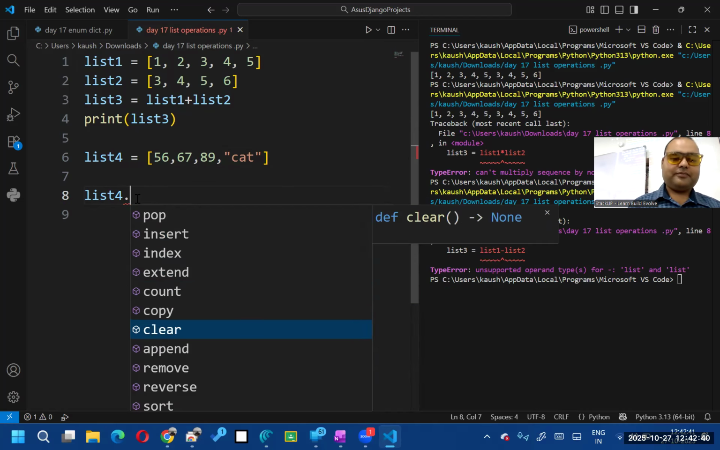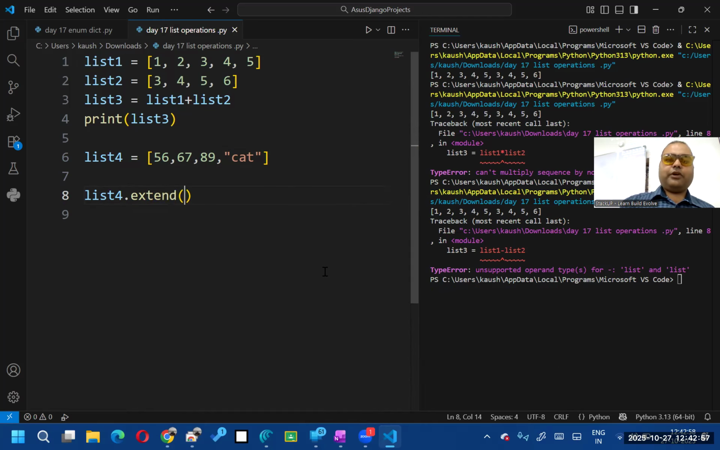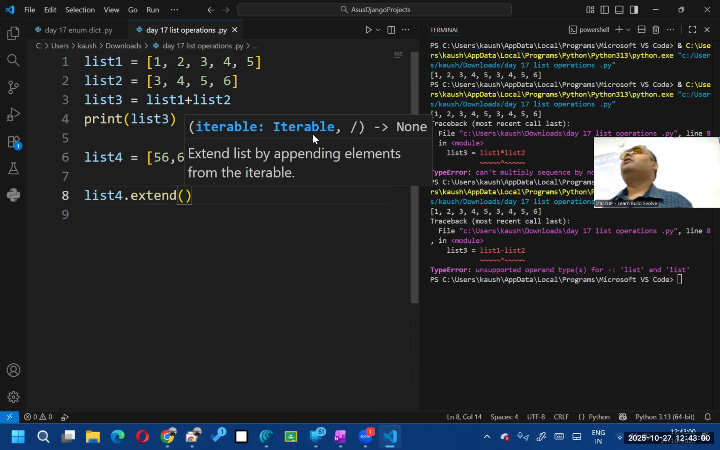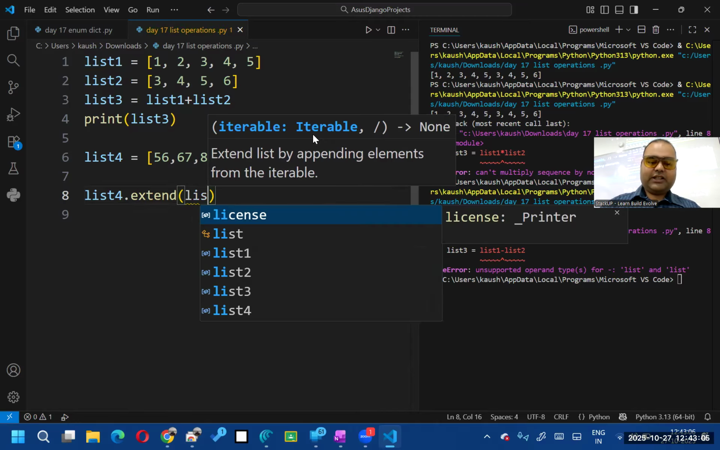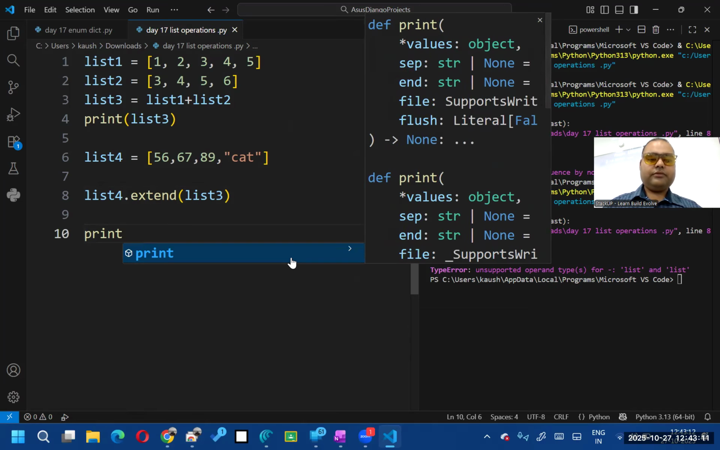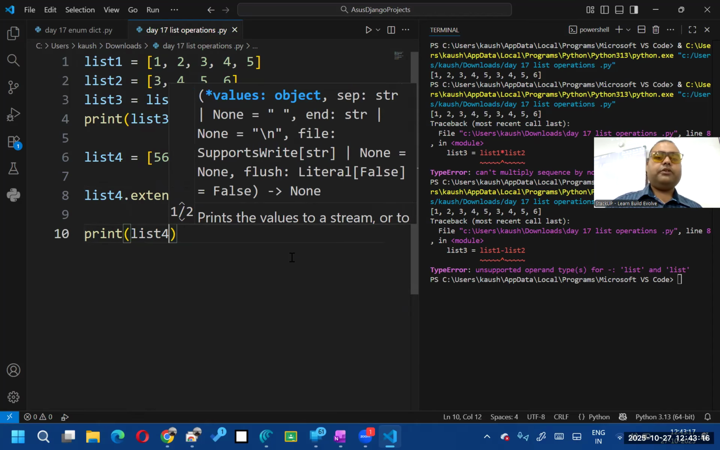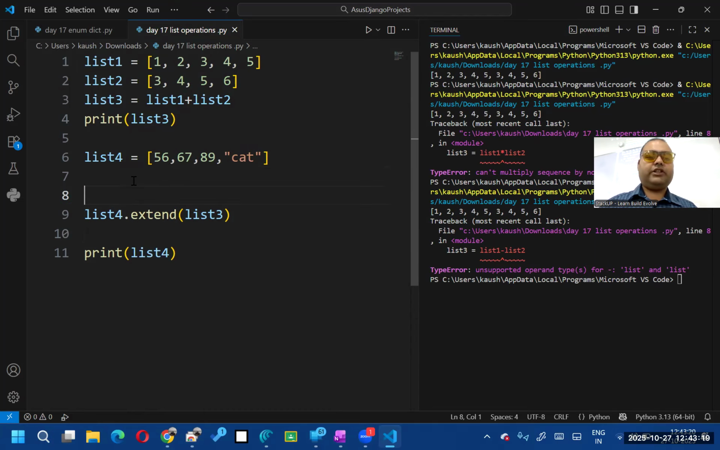Now let's go to extend. We'll cover all these things, what this is, how to read this, when we do functions. Our next topic is functions itself. Once you've completed all this, we'll go to functions, a completely different topic. Extend, and then what does it want? It wants an iterable. Iterable means any collection that we can iterate through. So here I can give it list 3. Now print list 4. So here before doing the extend, list 4 was